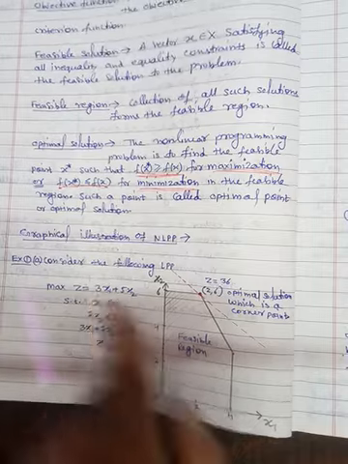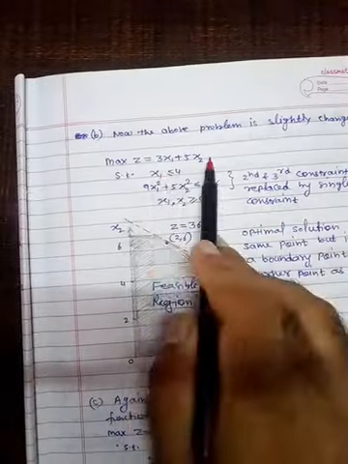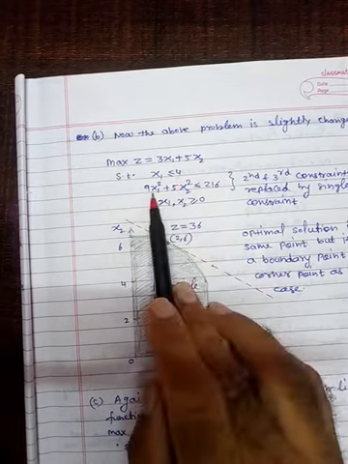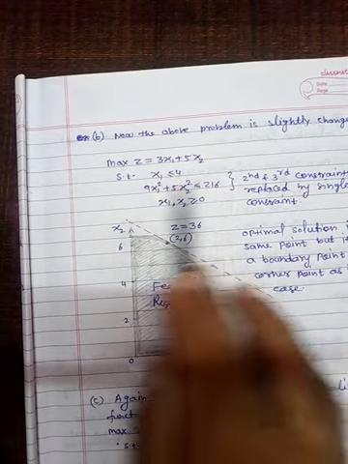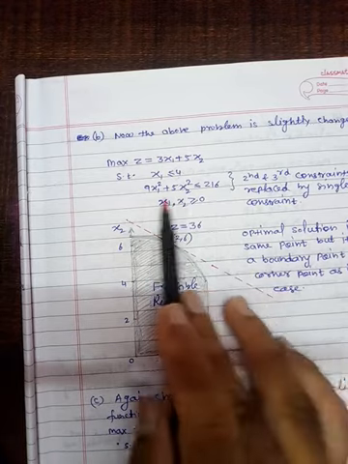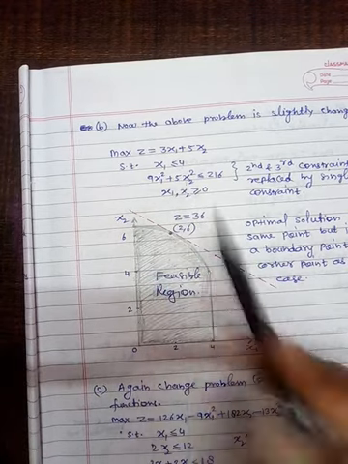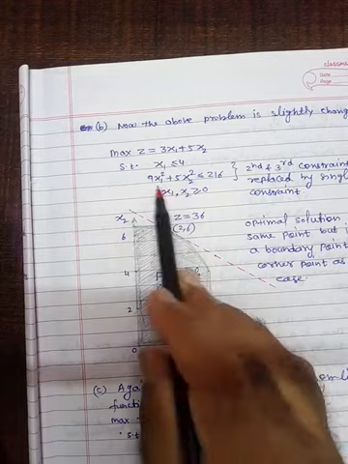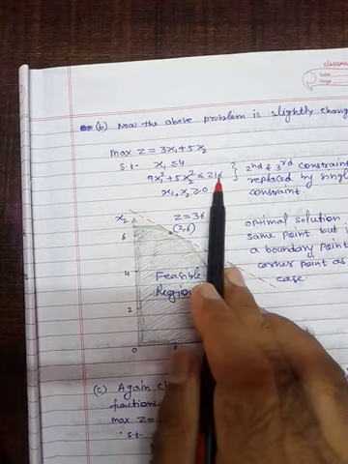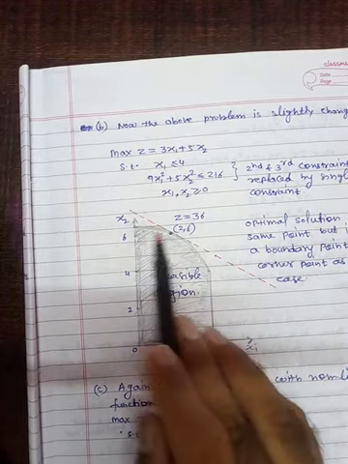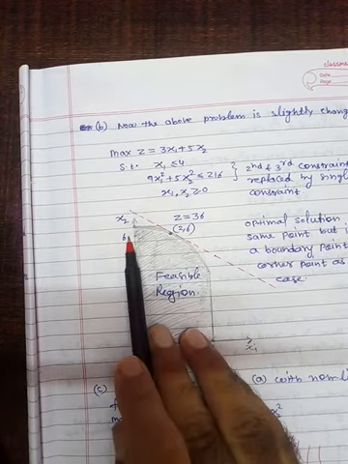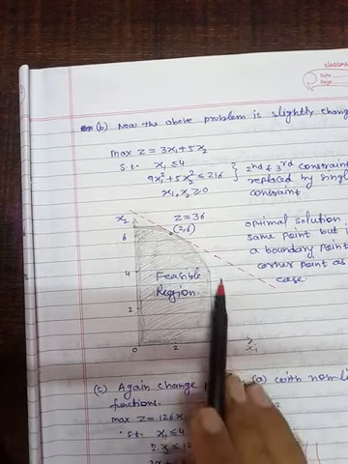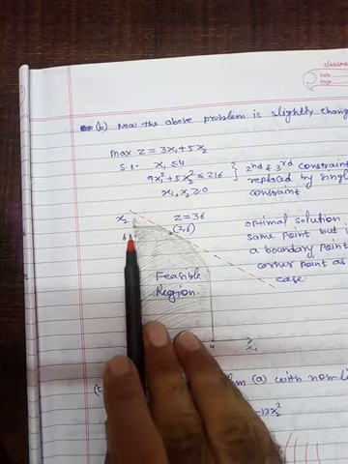So the objective function is the same here. This is the same objective function. The first constraint is the same. However, in place of the second and third constraints, we have this non-linear constraint. And when you draw this, so what is x1 is less than or equal to 4? This line. And this is basically an ellipse. So this is the part of this ellipse. Fine. This is the part of this function.